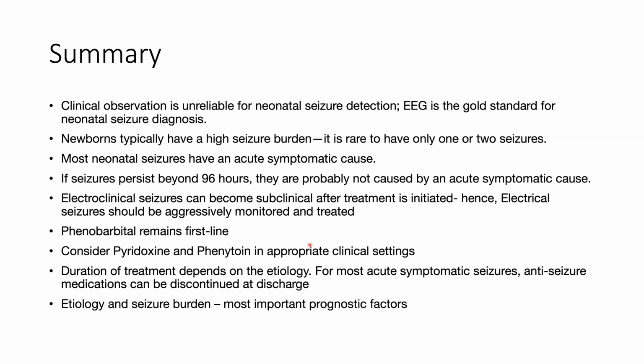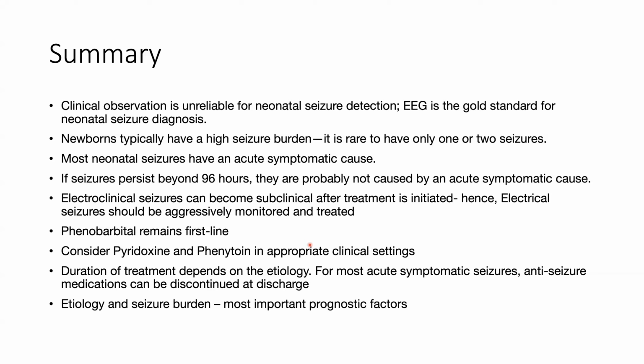This happens in 2 conditions. One, when you treat them with a drug affecting the GABA pathway, and the most common drug is phenobarbital. That is why after the clinical seizures subside, you should always look for electrical seizures which are ongoing, right? And therapeutic hypothermia as well, as I told you, is an important cause for electroclinical dissociation. Hence, EEG should be aggressively used to monitor for seizures and treat them when they are found.